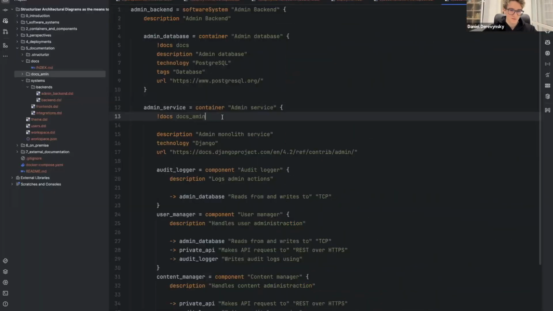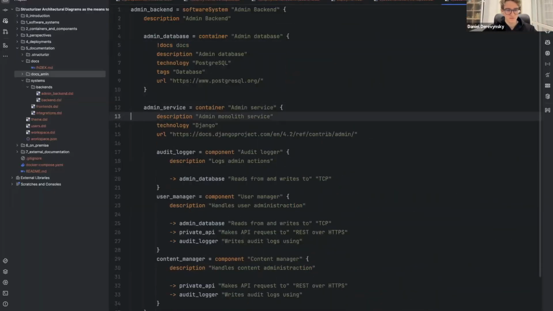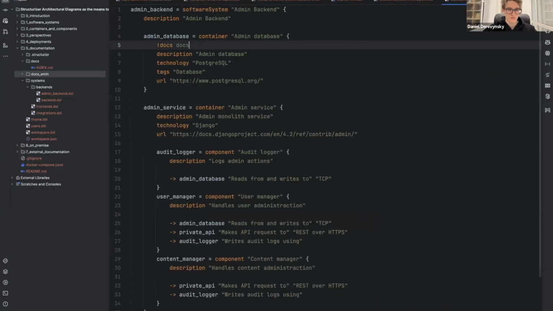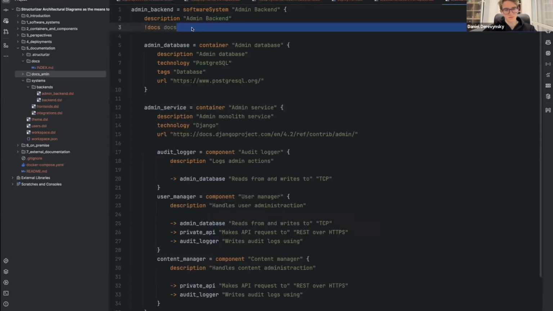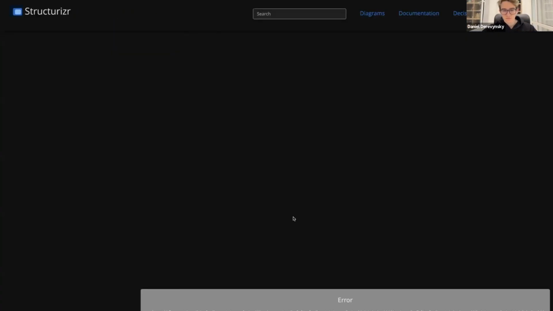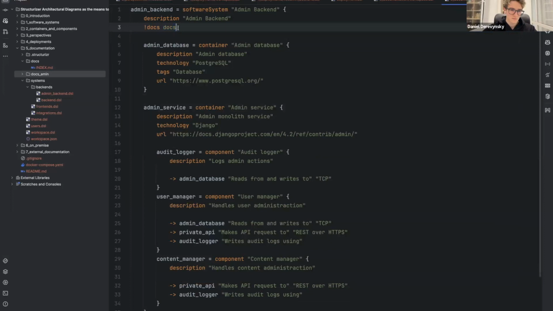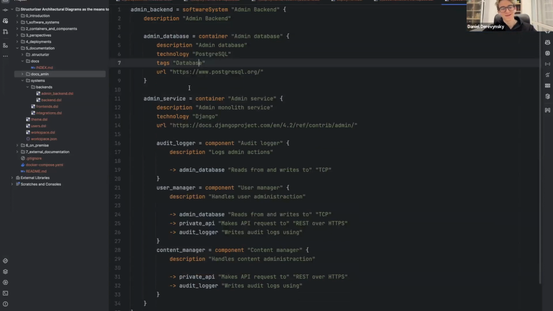Okay, yeah, there's an error, but I don't want to debug it now. Okay, forget about it. Yeah, what you can really do is hyperlink your documentation to containers, to components,